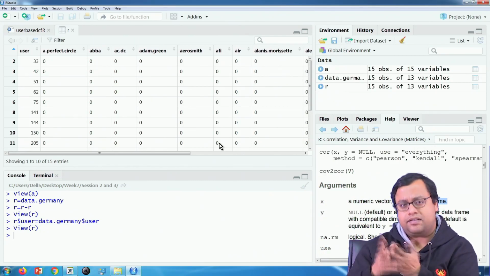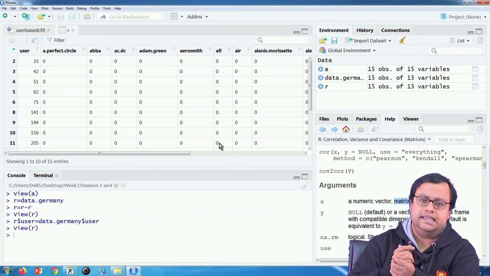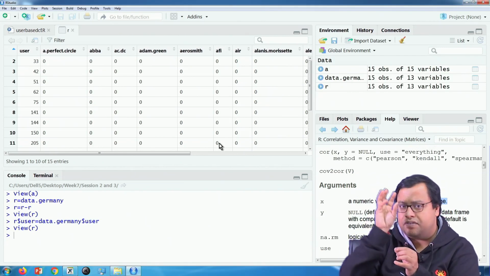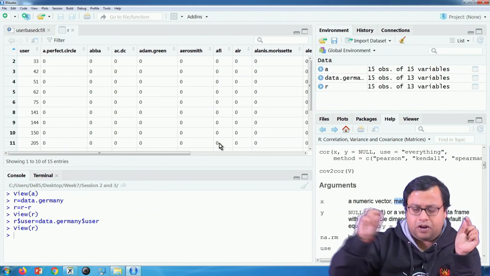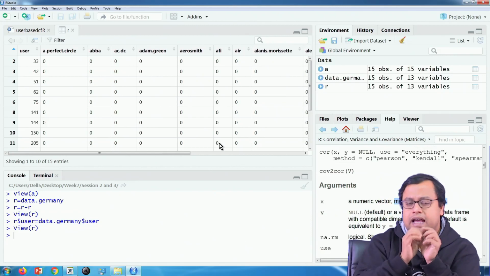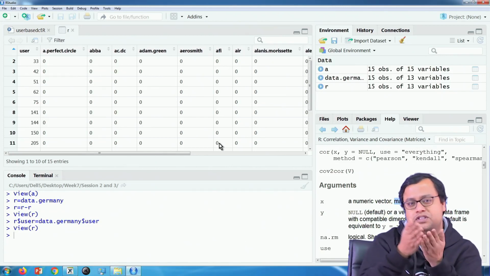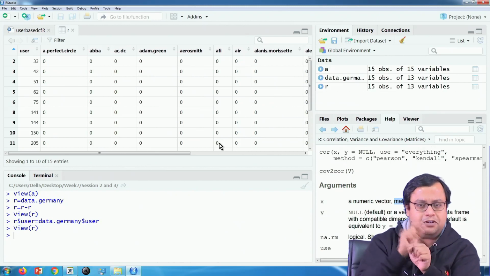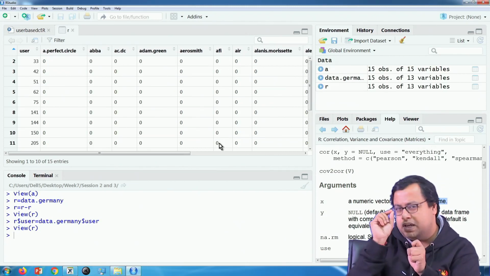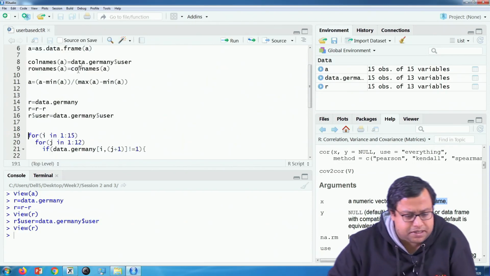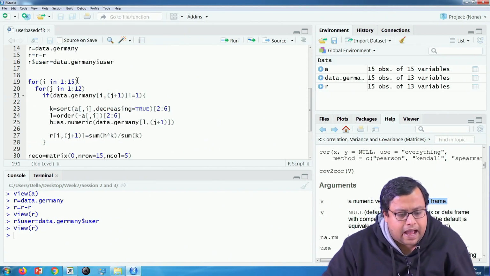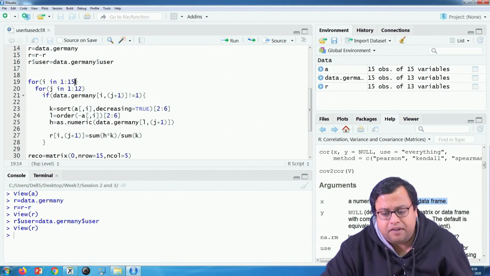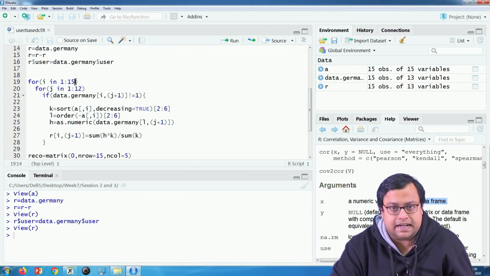at various levels of attractiveness. These movies are something that user number 33 should see, and those are the movies where some values will come in this particular matrix. And then when I pick up only the row of 33 and sort from highest to lowest, I get which movie has the highest one, which movie is the lowest one. This part is similar to the previous one, but remember there are small tweaks in the presentation. So what I am doing is, carefully you see, for i is equal to 1 to 15. Why 1 to 15? Because there are 15 users at this moment.